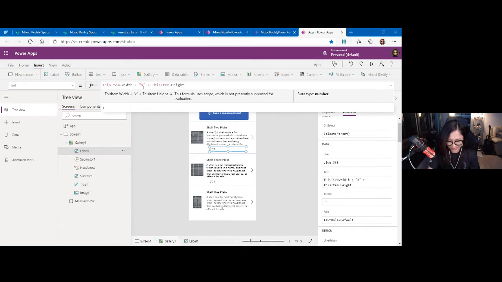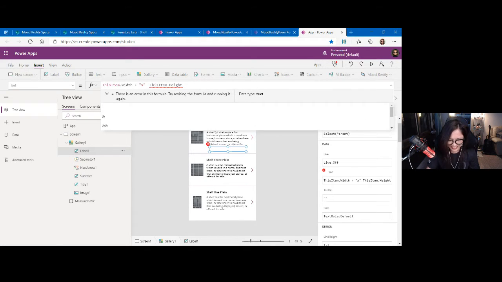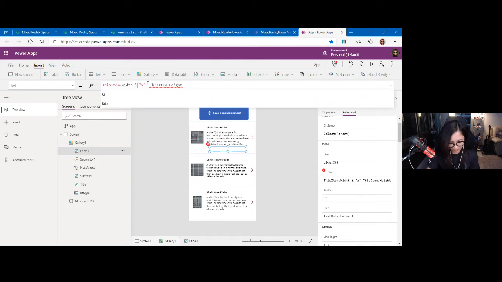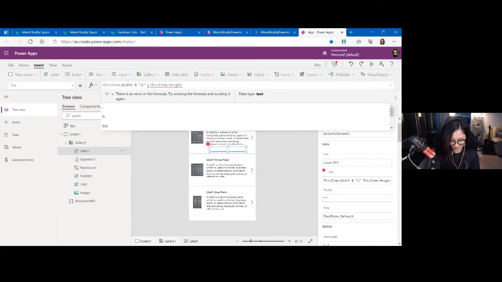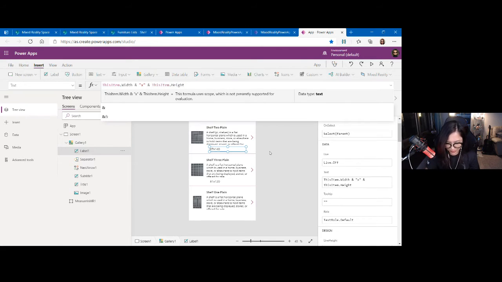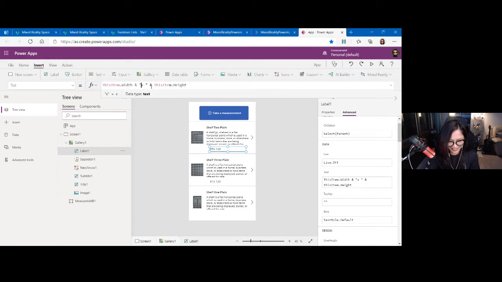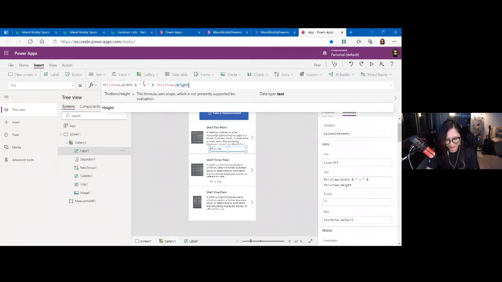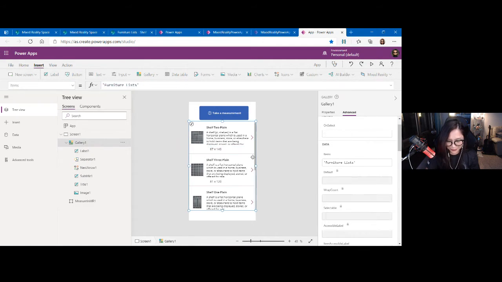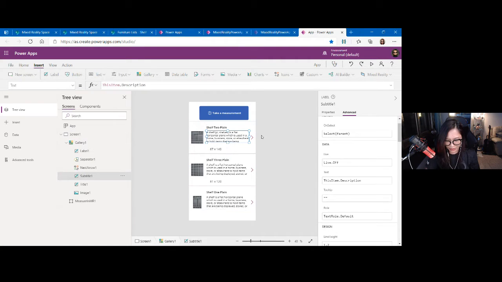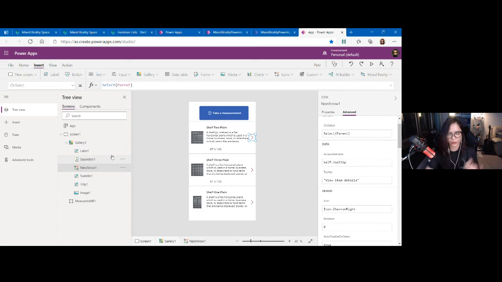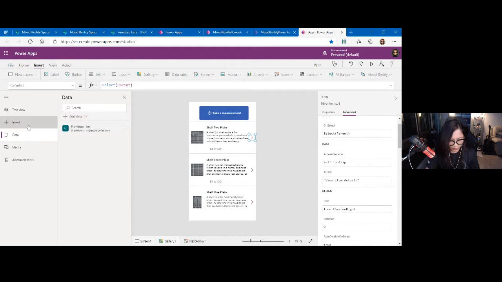Oh no, it's not plus. Wait. That one is end, right? This one. Yep. And end. Okay. Yeah, that one. So this one is the width and the height of the furniture. And then what I'm going to do here, if I select this arrow, I'm going to switch it to another screen. So, wait, sorry.